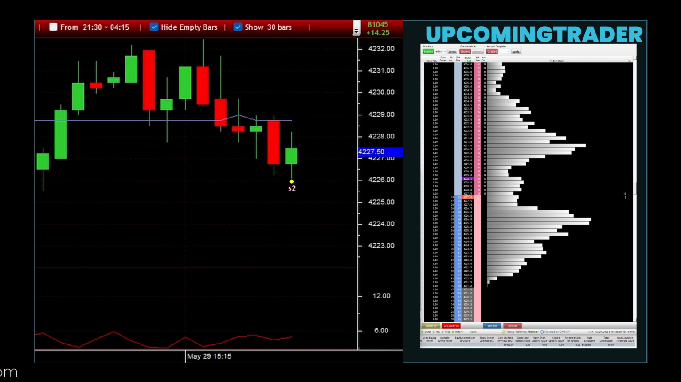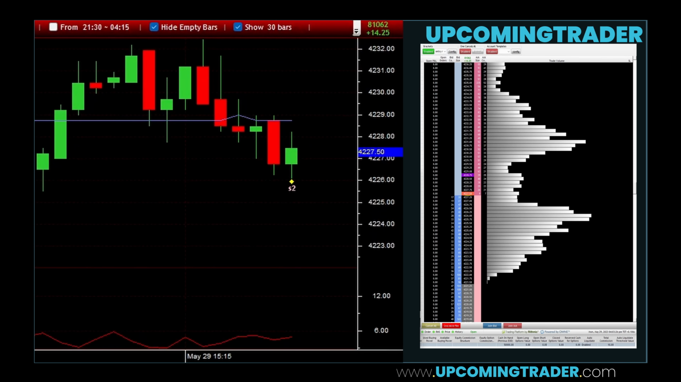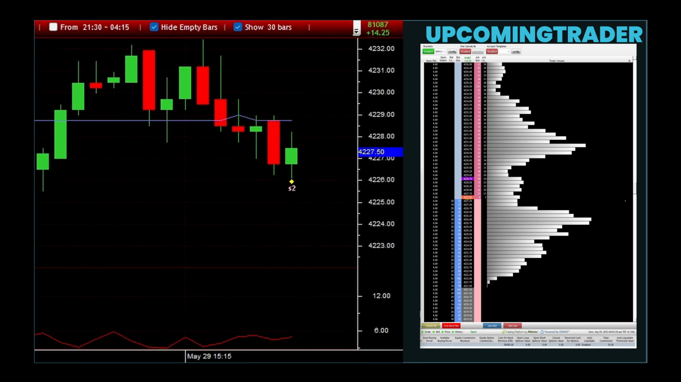Falling wedges are typically bullish, often forming after a downtrend and signaling a reversal to the upside. When the price breaks above a falling wedge and crosses a key EMA, it provides confirmation of a bullish move. By combining these chart patterns with the EMA, traders can significantly enhance their ability to spot market trends and potential